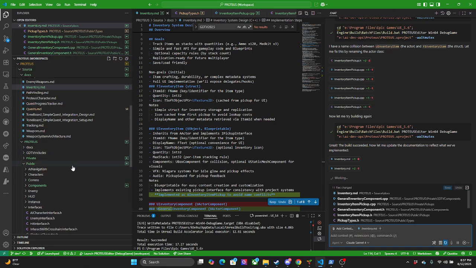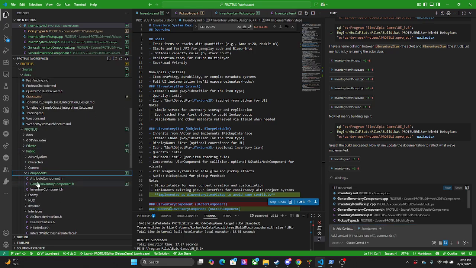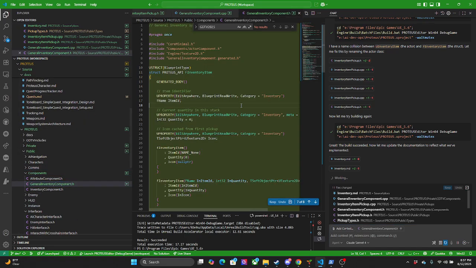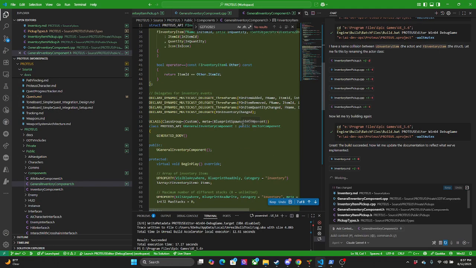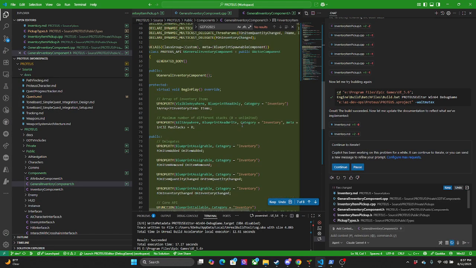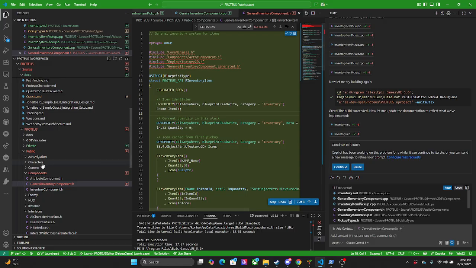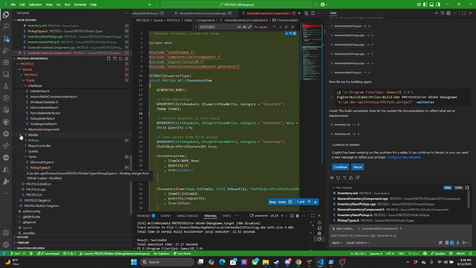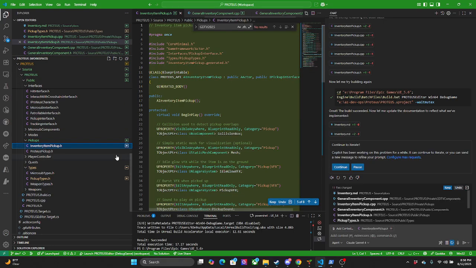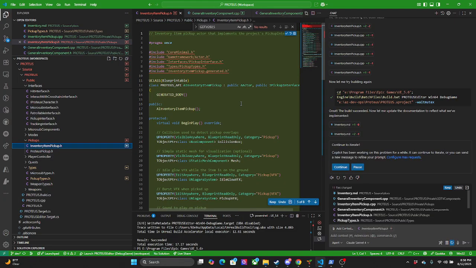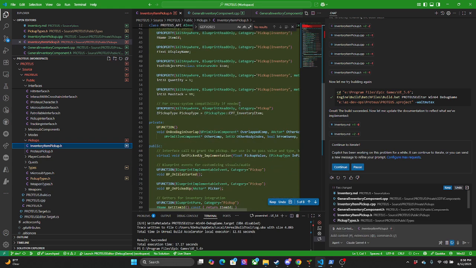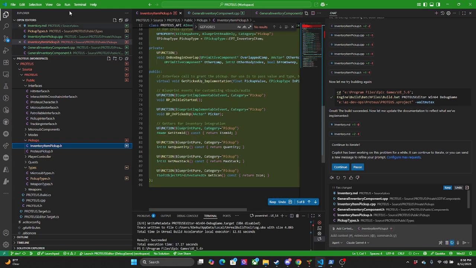So we got Proteus components, general inventory component. I would just call it an inventory component, but that might be named something else. I don't know if I did that. Pickups, inventory item pickup. I feel like it didn't follow my naming conventions at all.